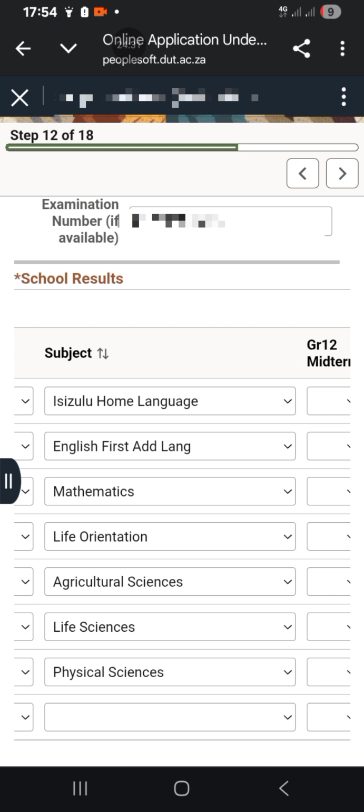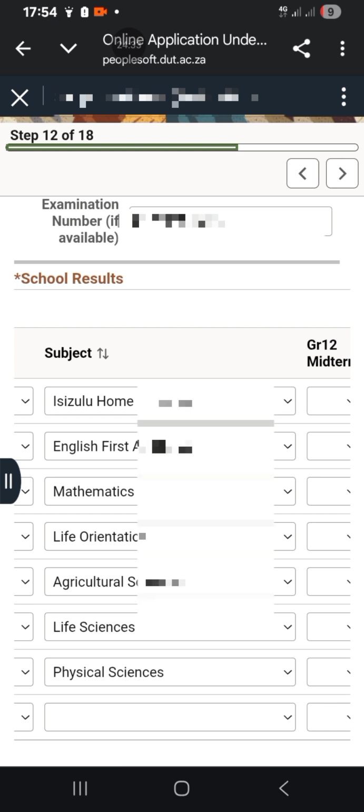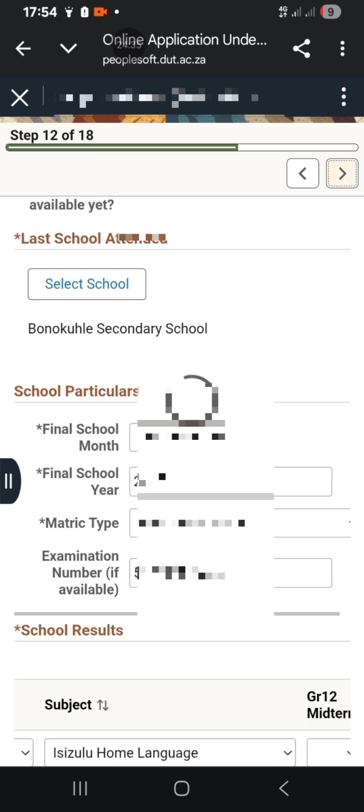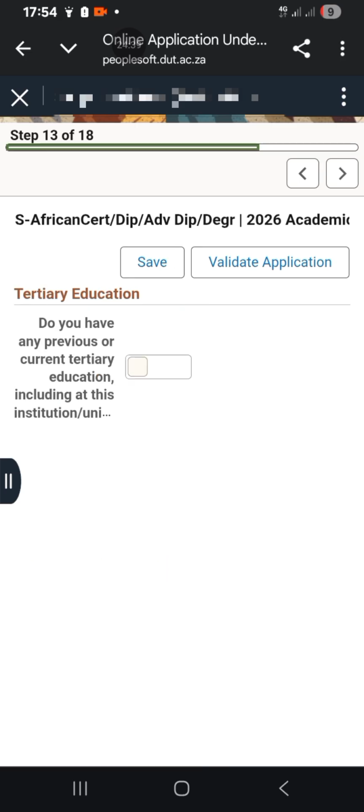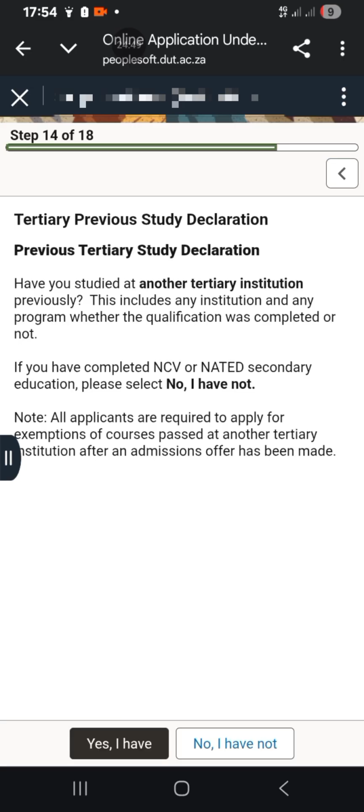And then once you are done, you click lapha next on the right pointing arrow. If you studied at a tertiary institution, then you have to select lapha. But if awukaze, then you click next.